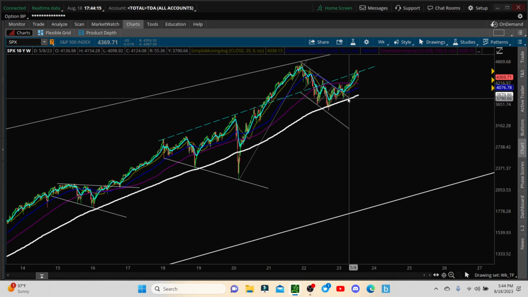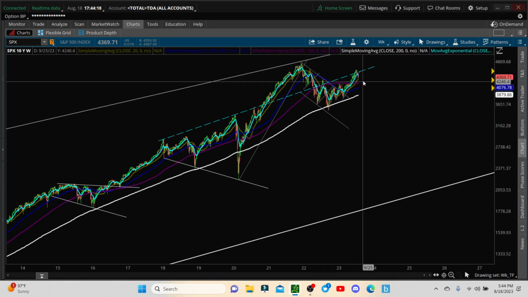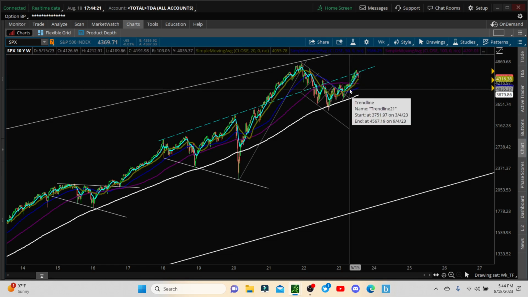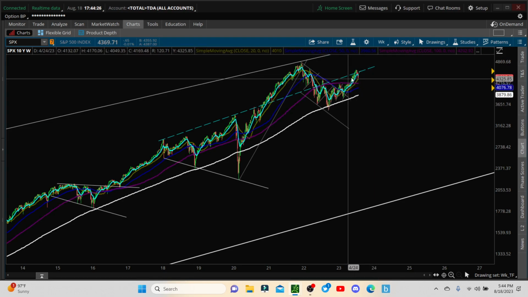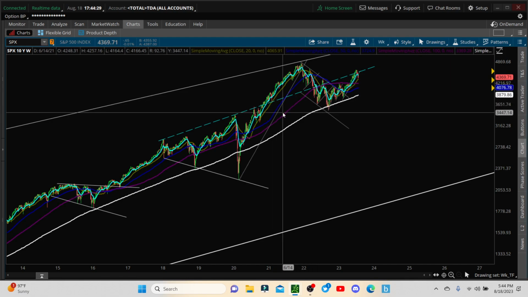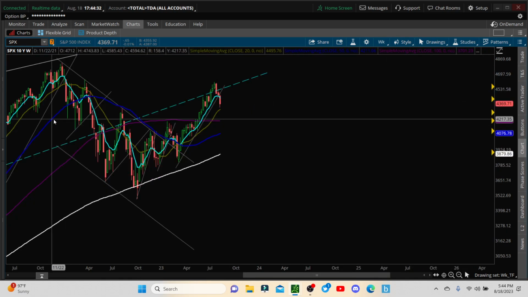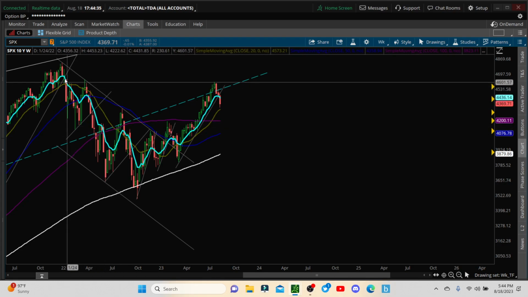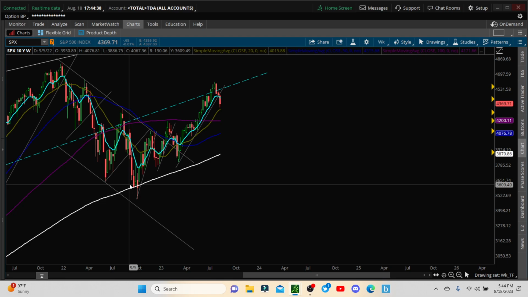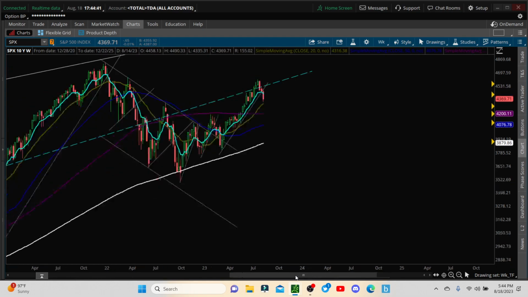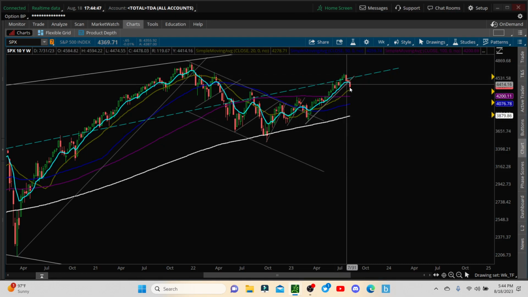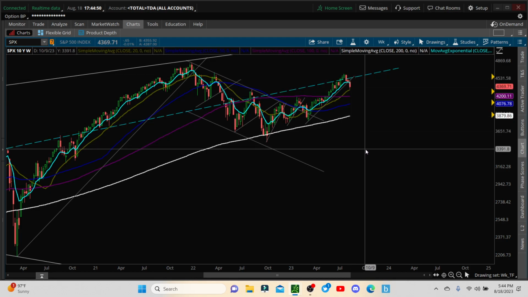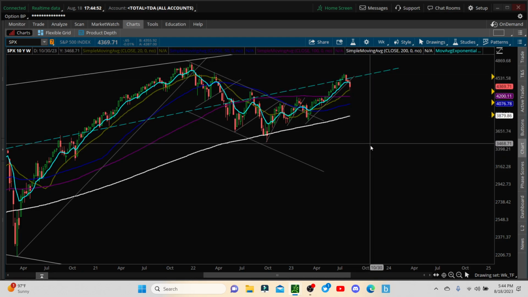So I don't really have any alternative counts for the bullish side. We will keep track of any retracements and make sure that we don't bounce to the upside at any point, but we are continuing with the bear scenario at this point. So what do we have here? We have on the weekly time frame lower highs, lower lows. We made a lower low here on this time frame and the monthly. And now we're starting to make a lower high. In order for this to be a lower high, you need another lower low. So it's not confirmed. It won't be confirmed for a very long time if we are to continue in a